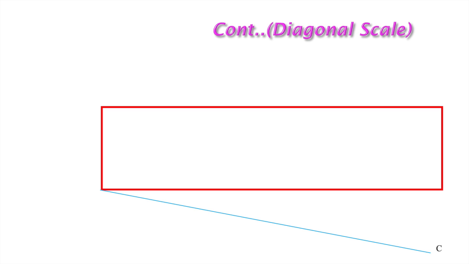To show the 5 kilometers, first divide the scale into 5 equal divisions to have 1 kilometer each. So how do we get this? Draw a line similar to the plain scale method. Equally divide all these points and finally join the end points, these points and these points, and draw the parallel lines from all here, and then we get 5 equal divisions. So the total is 5 kilometers, and each division equals 1 kilometer. It is similar to the plain scale.